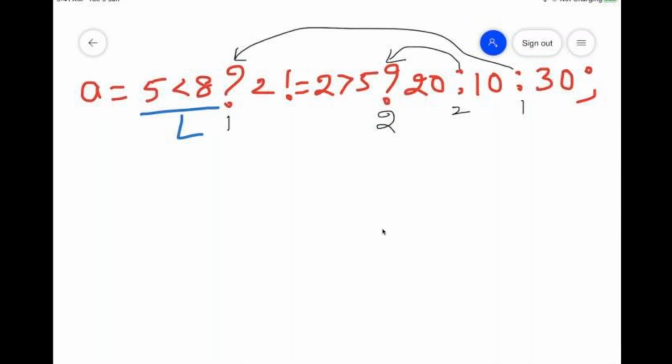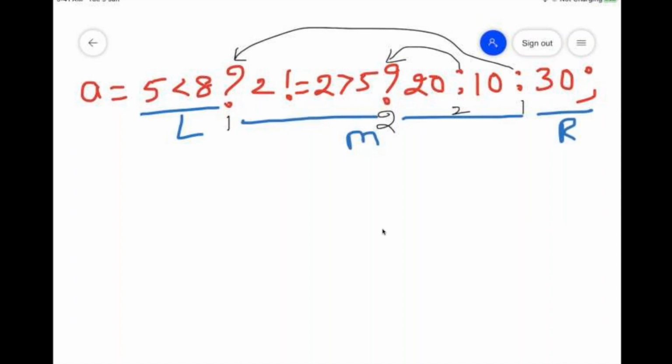First colon in the sense, the colon related to the first question mark. That means from here up to here, it is the middle part. After the first colon, before the semicolon, it is the right side.